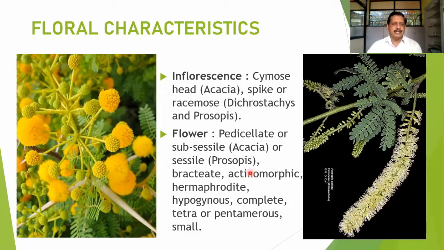They are having androecium and gynoecium inside the same flower, so it is the hermaphrodite, or we can say bisexual flower that can be observed in this family. Flowers are mostly complete because calyx, corolla, androecium, gynoecium, 4 whorls are present in the same flower, and it is mostly tetra or pentamerous. Flowers are very inconspicuous or very small in nature. This is not actually a flower, but this is a group of flowers, and that's why we are considering it as a globose type of inflorescence. This is a group of flowers. Here also we find this is not a single flower, but an inflorescence.